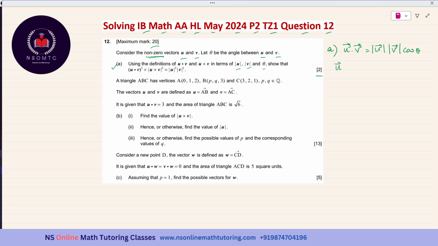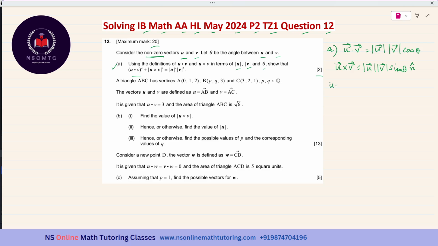And the cross product of these two will be equal to the magnitude of u times the magnitude of v times the sine of the angle between them, that is sine theta, and u cross v is a vector. So, there should be some vector on the right hand side of this equal sign as well. And that is the unit vector, which will have a magnitude of 1, and it will have the direction of this u cross v vector. Okay. So, now these two are the two definitions.